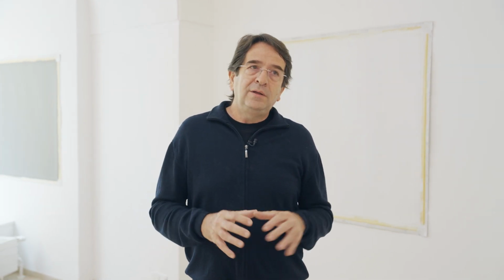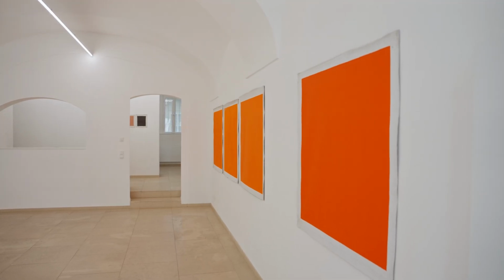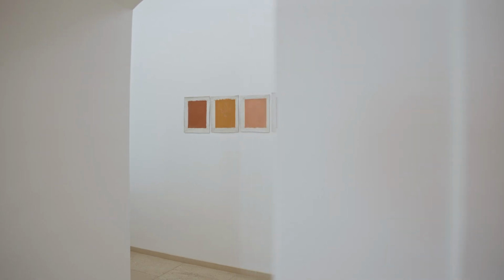So when Rosemary proposed that I have this exhibition, I thought that this would be a good place to bring together all these works because it's a special space for the gallery. It's like an experimental room, a good place to put together a special series of works. And I think they look well here in this old room.